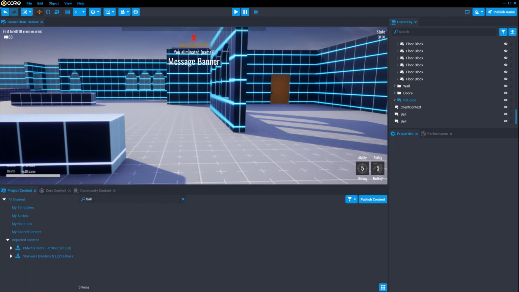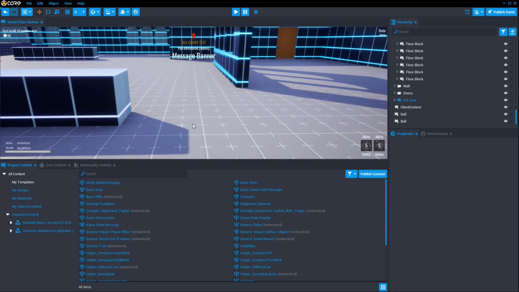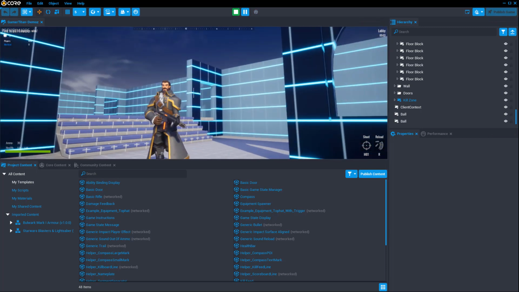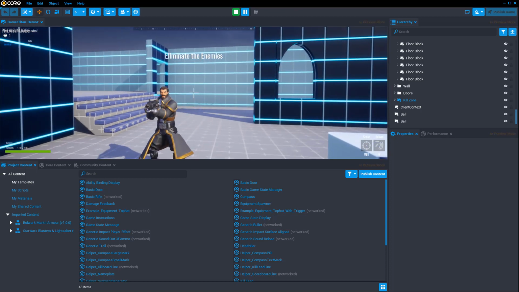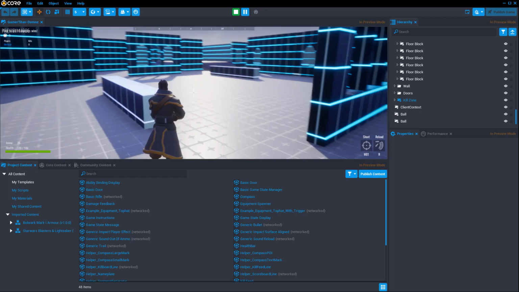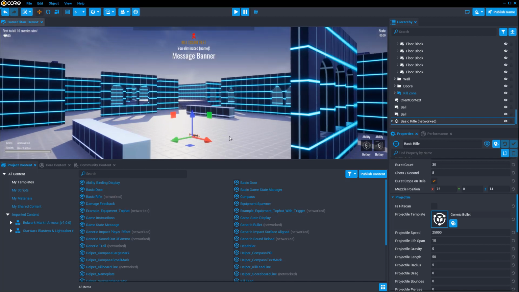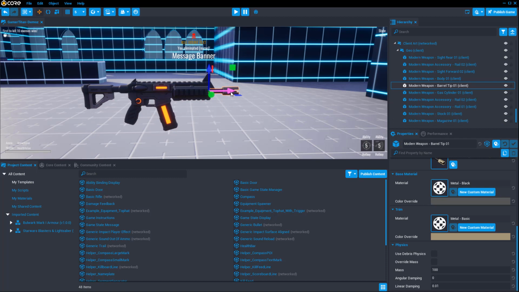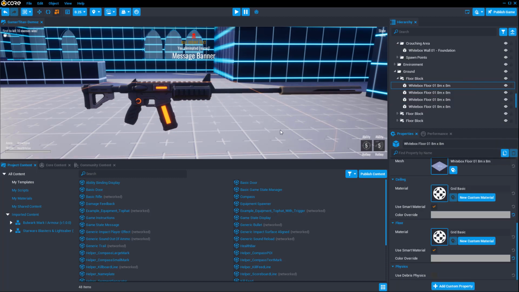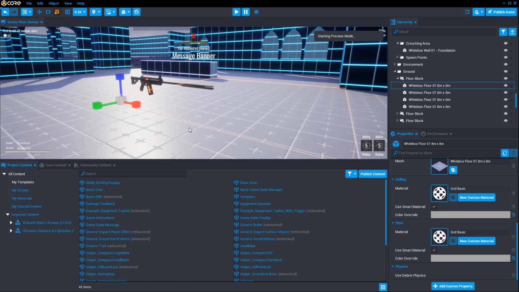So going back to our project content, when you have something that's networked, so for example, if we do a preview real quick, the rifle that we have is networked, right? So it's spawning the object on our player from a template. So to show you something, if we grab the basic rifle and we throw it into our game world, and just very quickly we're going to extend the barrel. And there's better ways to do that to make it look a lot nicer than that, but I'm just trying to show you real quickly that if we spawn in,